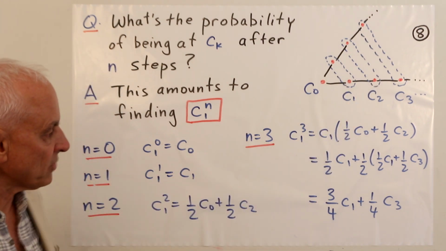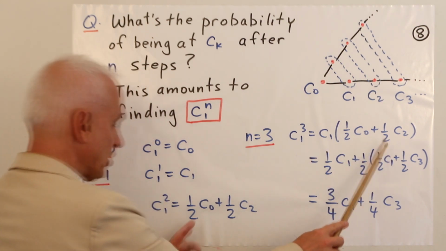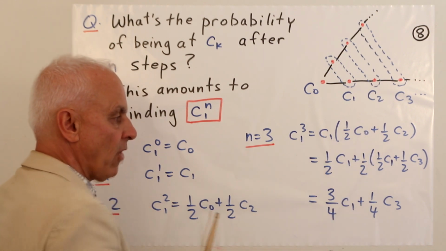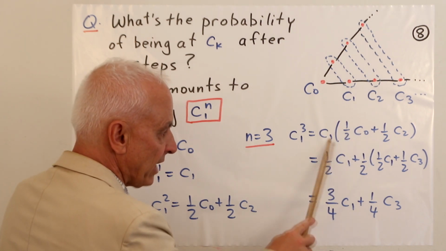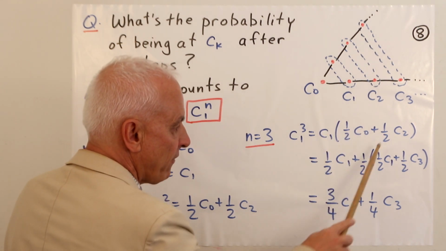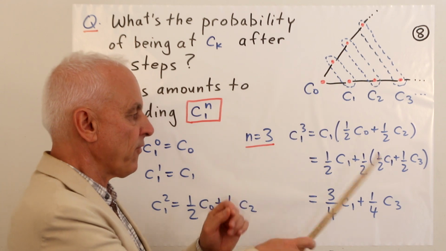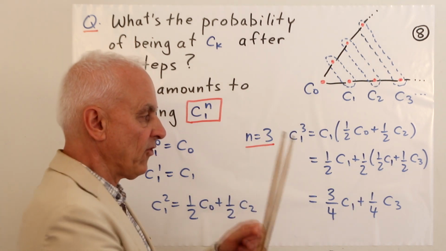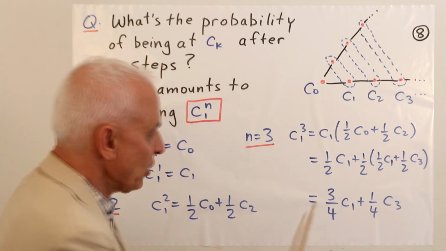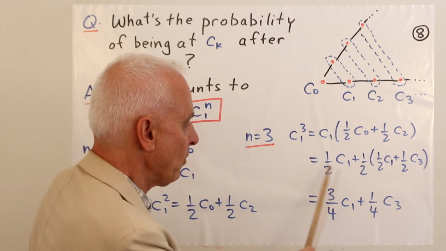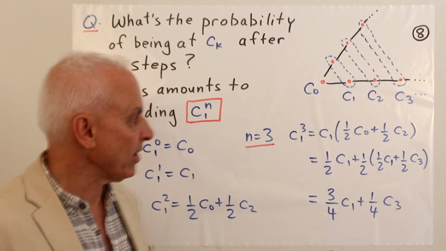So things get a little bit more interesting when we look at C1 cubed. We can think about that as C1 times C1 squared. We're just copying that. And now we use the distributive law. C1 times C0: well, C0 is the identity, so that product is just going to be C1. So we get a half C1 here. And over here, we get 1/2 of the product of C1 times C2. What was that? Well, you can either take the difference, which is 2 minus 1, that's 1, or you can take the sum, which is 2 plus 1, which is 3. And there's an equal probability of getting either of those. So when we do a little bit of arithmetic here, there's a half C1 here, a quarter C1 from this term. So altogether 3/4 C1 and 1/4 C3.